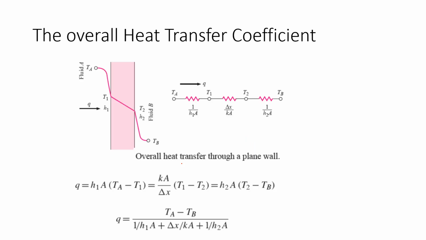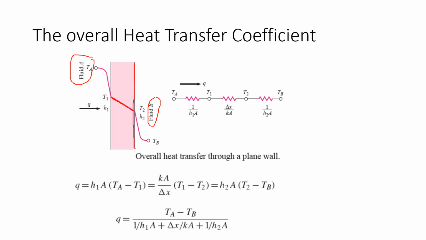So let's discuss this. The topic is overall heat transfer coefficient, because now इसमें convection भी involved है और conduction भी involved है. Now where is convection occurring? Convection is occurring between the fluid which is moving on the left face of the wall. There is conduction here when the heat is passing through this solid section, and there is again convection between this face of the wall and this fluid B.